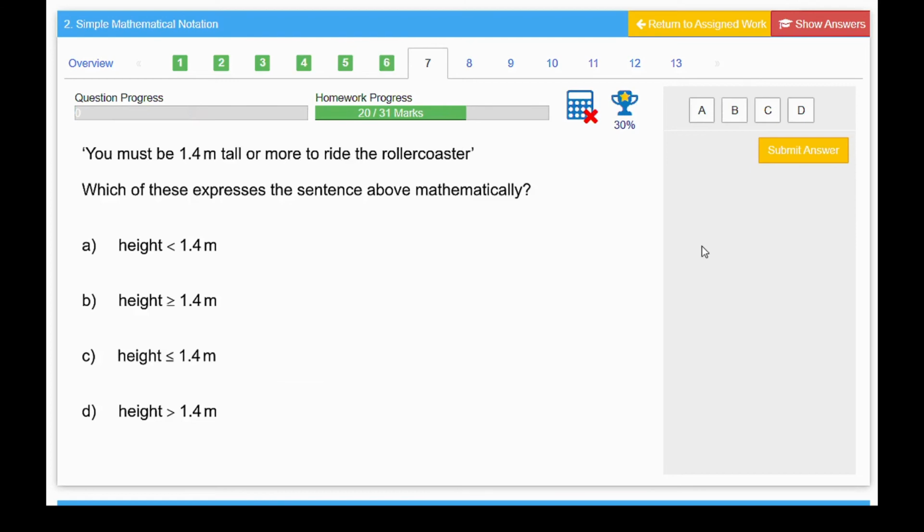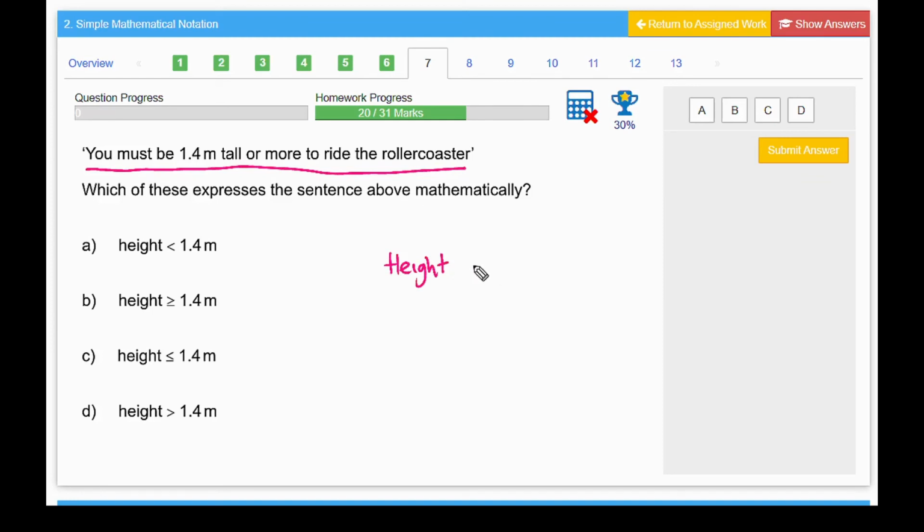So this question says you must be 1.4 meters tall or more to ride a roller coaster. Which of the following expresses the sentence above mathematically? So here we're looking at height. Height is written on the left of all of these 4 options. So what does this mean, rewriting this question using the word height? Basically what it's saying is that your height